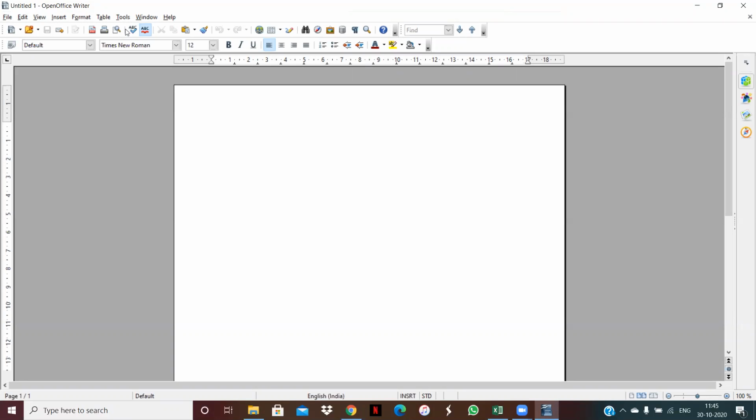After that, the next topic is here. What are the different components of it? Yes, my dear students, all of you know that the first line is called the title bar. These are called vertical scroll bar. This is the vertical scroll bar. This is the horizontal scroll bar. This is the horizontal ruler and this one is your vertical ruler.